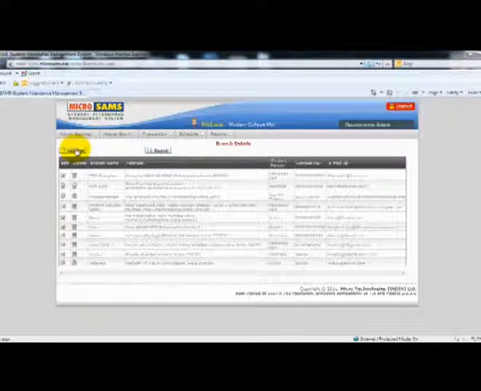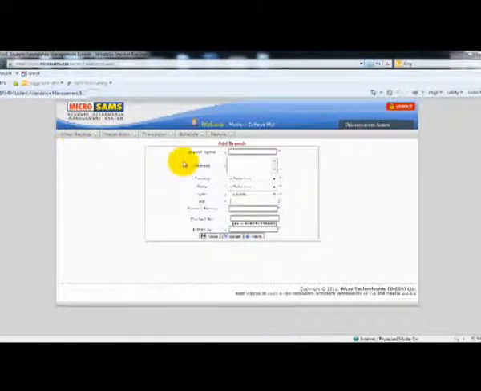Click on add new to enter all the details of your branch. Please fill in the details required here and click on save.